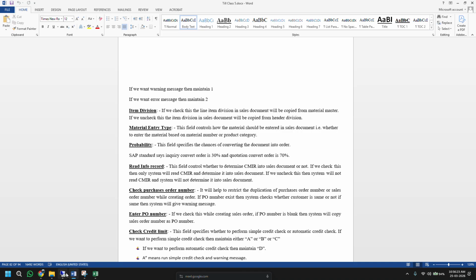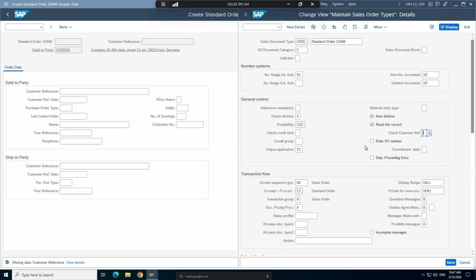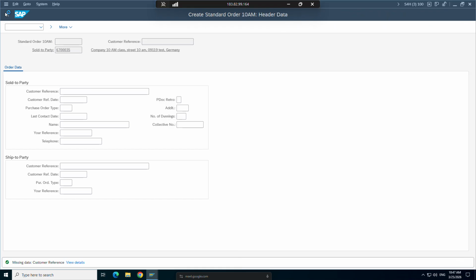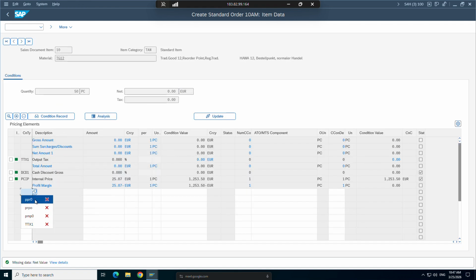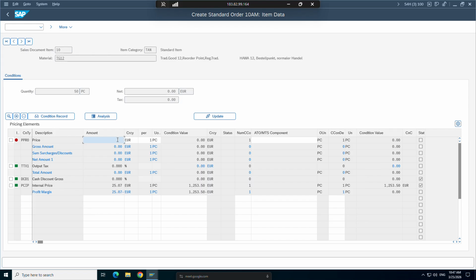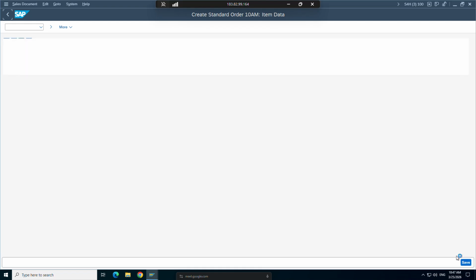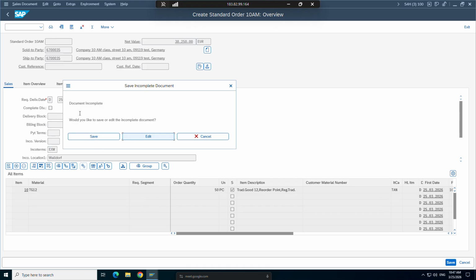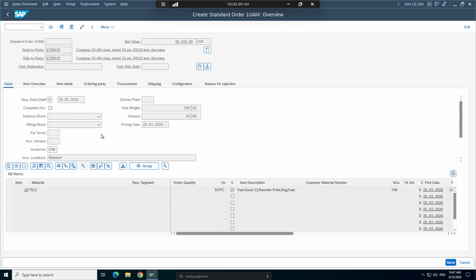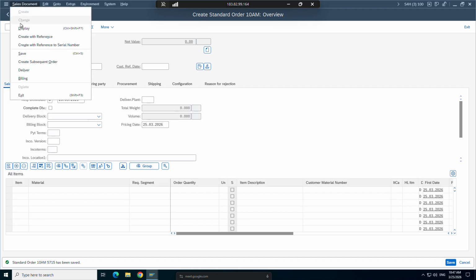So let's try this one. Since this is blank, enter PO number in our case, and let me put the other data, whatever it is asking. Anyway, I can save it, right? Because that's just incomplete. Let's try to save it. Let's go back. I am not entering anything in the customer PO number, I'm just saving it. It gives me, see, this is also a kind of warning. I can just save it. It will save. If I go to my sales order,